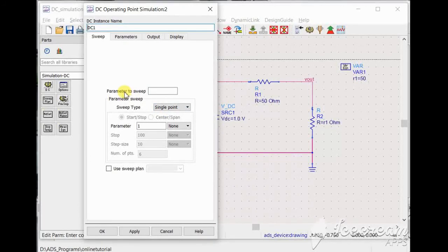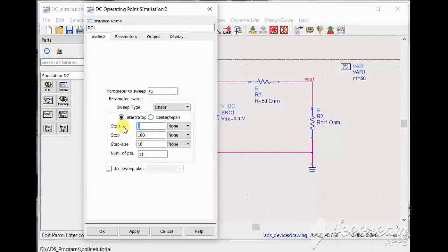Now it is asking which parameter to sweep. So let us write R1 here, and instead of a single point, let us keep it linear from 50. Let us start it from 50 and stop at 100 in a step size of maybe 25.